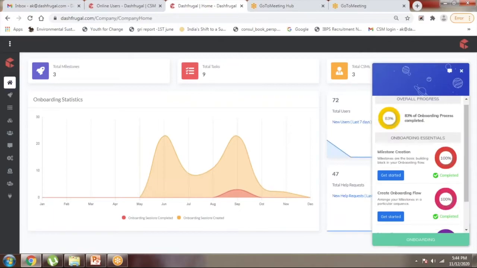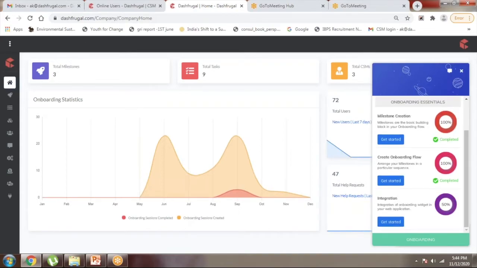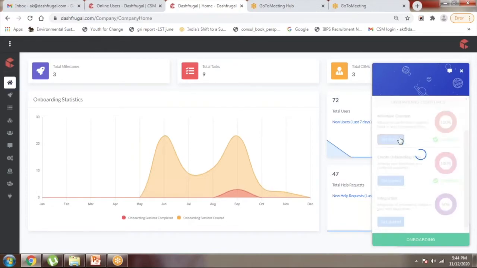Now let's look at some of the important points here. Milestone creation. These are basically the basic tasks which you want to create in your onboarding journey. Dash Frugal Basic, which basically explains the basic terms which we are using.